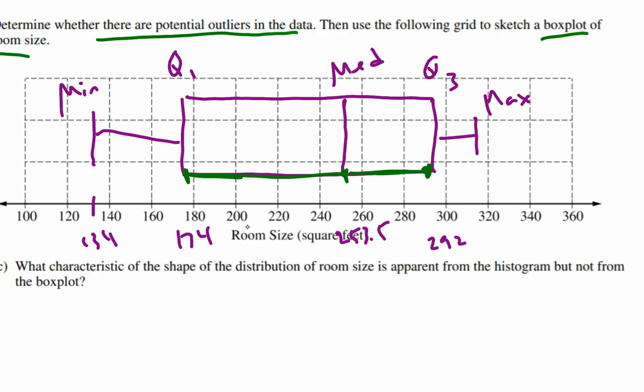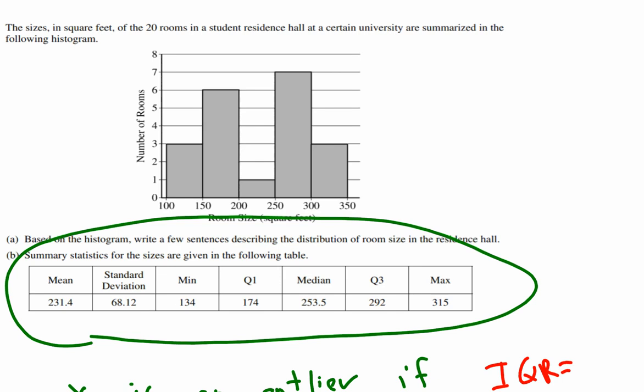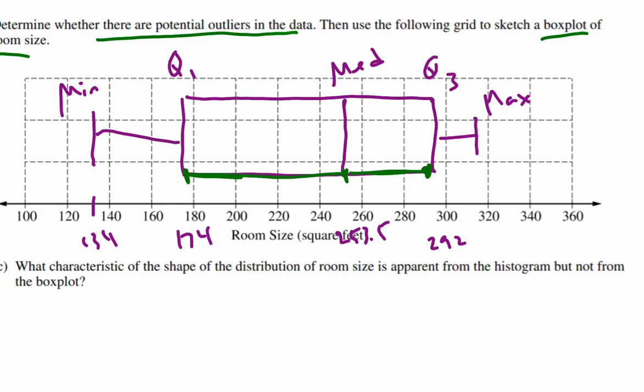What it definitely doesn't look like, though, is this picture where you can clearly see the bimodal nature of the graph. You can see you've got these parts of the data set that are really high. And you don't see that in a box plot. So that's just one of the points of this question, is to compare different ways of representing data and understand what the limitations are. Sometimes you're limited by what type of graph